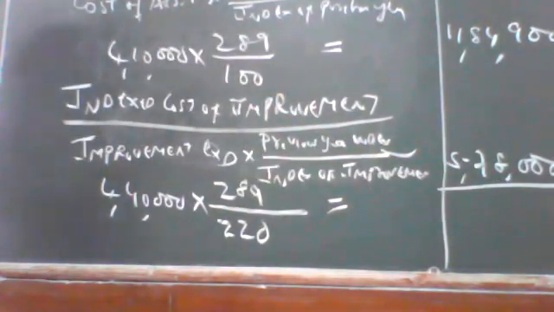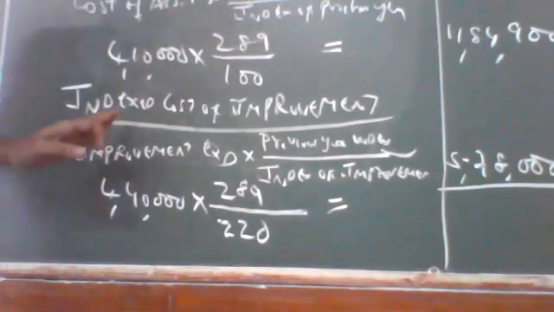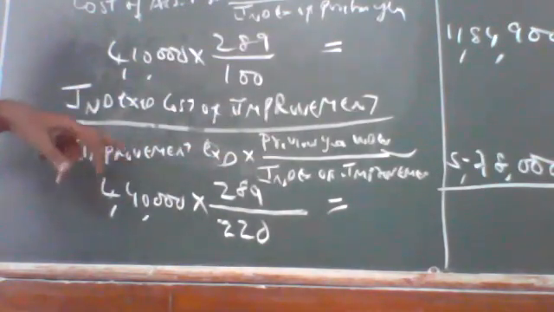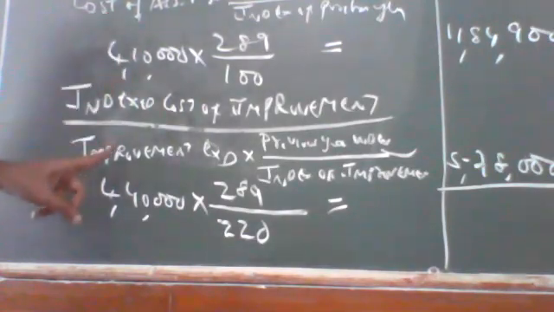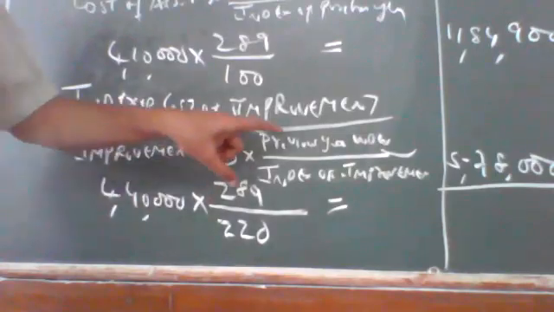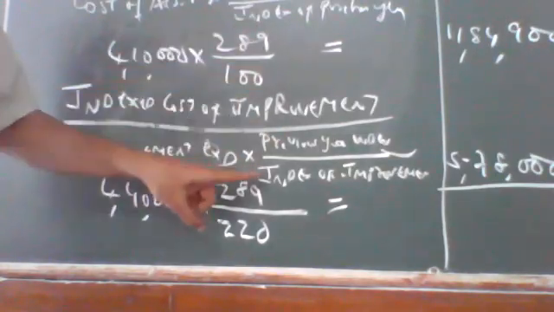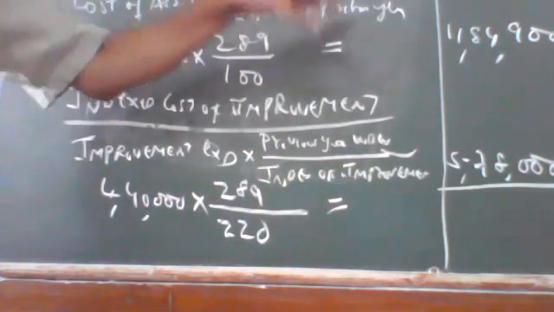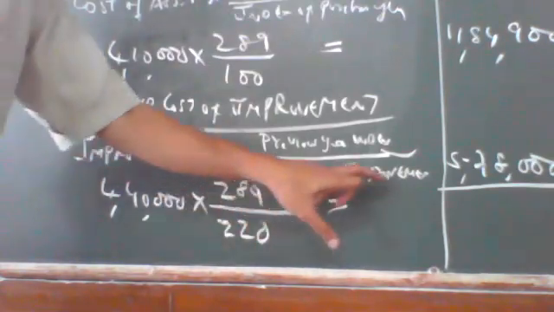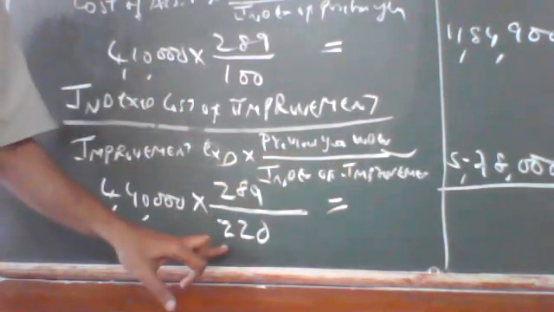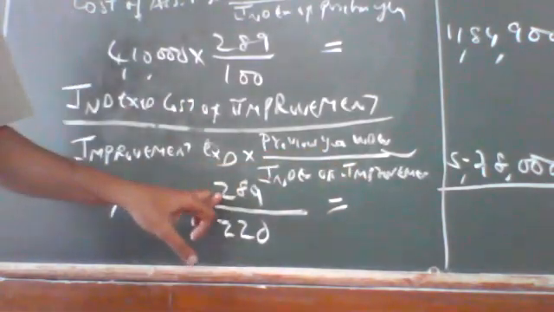Okay. So we have to find out in this problem index cost of acquisition and index cost of improvement. Formula is similar, but it's only changed in the cost of the asset. You have to take improvement expenses, how much is spent on that construction, into previous year index. Now here, index of improvement year. For index cost of acquisition, we take index of purchase year, but here you have to take index of improvement year. For improvement year 13-14, the value is given as 220. Last year value is 289, already given in the problem.